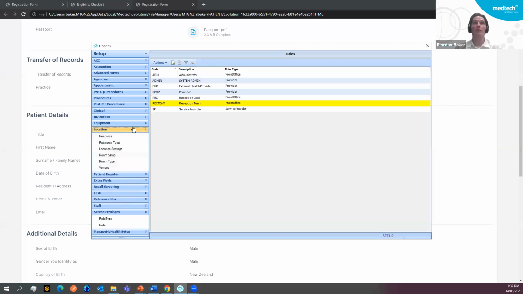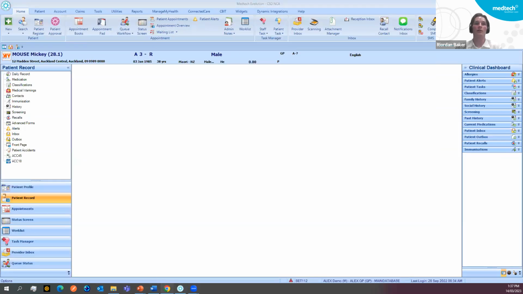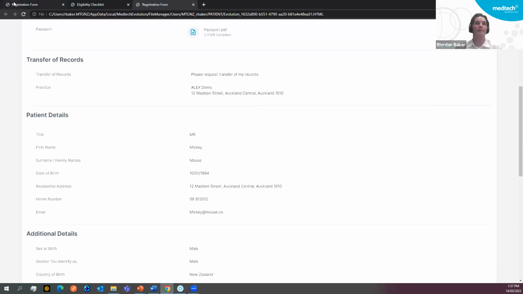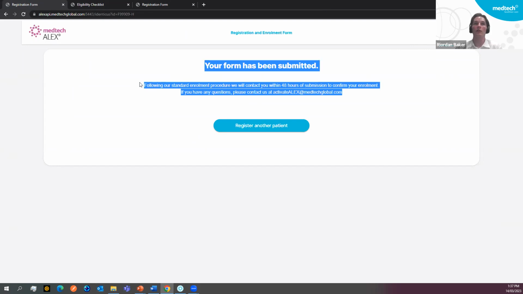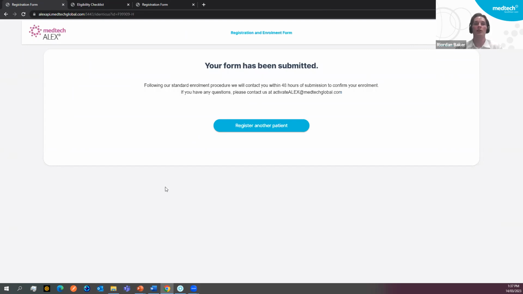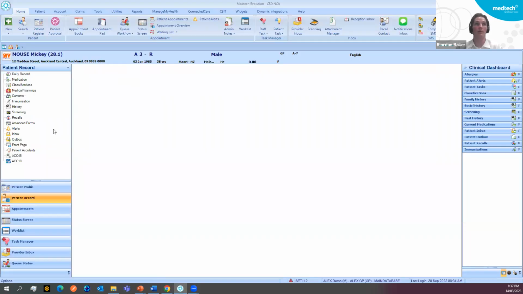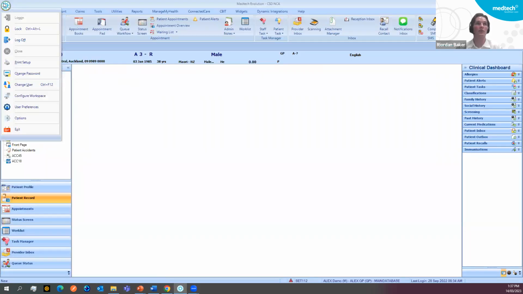To complete the setup for the enrolment form, as I showed earlier, there's different bits of information on the enrolment form. So let me just go back to the enrolment form. So you can see here, this is the practice's logo. This is the header. This is the footer. And there's also the terms and conditions, which is on the page where the patient is signing for the enrolment. So if we come into the Evolution icon, to options,